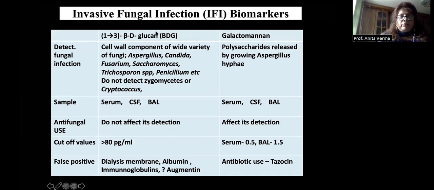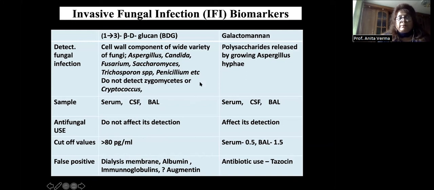Beta-D-glucan is a pan-fungal biomarker. It is a cell wall component of a wide variety of fungi. However, it doesn't detect zygomycetes or cryptococcus. We can detect it in serum; it is not validated in CSF and BAL, but we can use it for detection. It doesn't get affected by antifungal use, and we have to have a cutoff value, which can vary in different populations. False positives can be found in the presence of dialysis membranes, albumin and immunoglobulin infusion, and